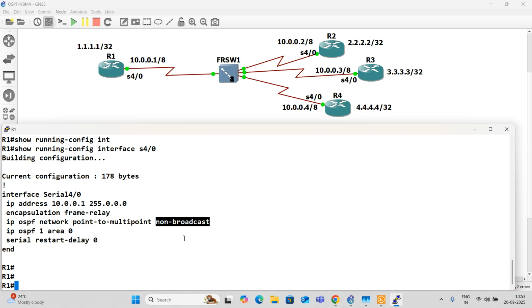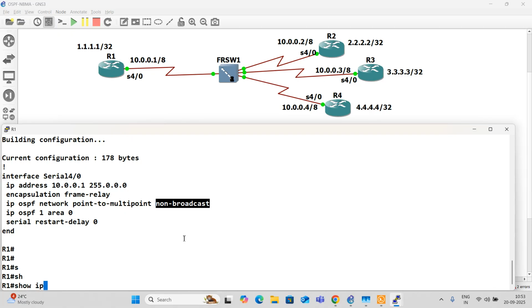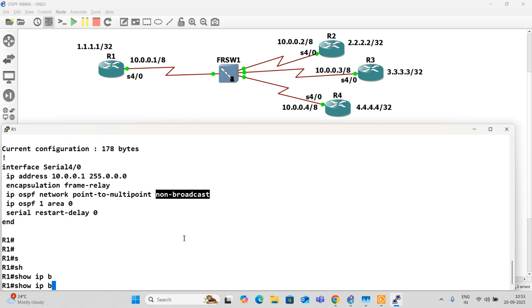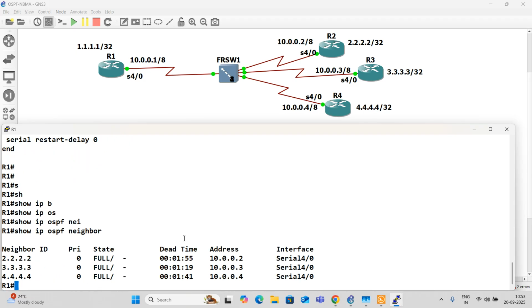So when I check now, show ip ospf neighbor, I can see that these all have formed neighbors and are fully adjacent, but there is no DR-BDR.